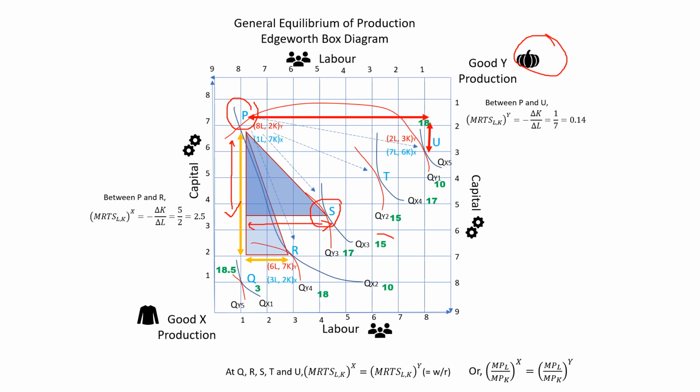And in this case, therefore, we are able to produce a larger level of output because, as we've already discussed, labor is more productive in the production of clothing, and we are able to transfer a larger amount of labor from the production of food to the production of clothing, and as a consequence our output is able to rise from 10 to 15, and we are sacrificing a smaller amount of capital in favor of food. And so instead of food production increasing to 18, food production only increases to 17. So this is the other alternative possibility.